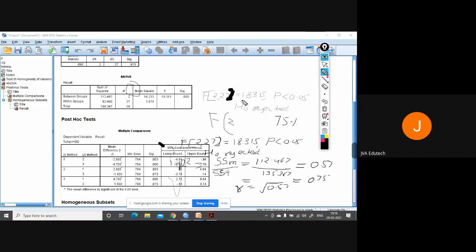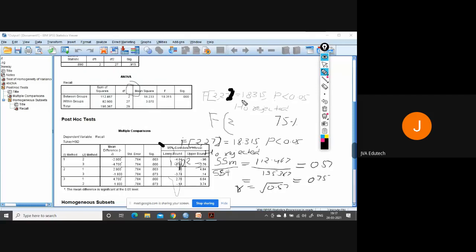However, let me clarify one thing, that this measure of effect size is slightly biased because it is based purely on the sum of squares from the sample, and no adjustment is made for the fact that we are trying to estimate the effect size in the population, because whenever we estimate effect size, it's on the population. However, this effect size is coming just from the sum of squares from the sample. That's why it's somewhat biased.